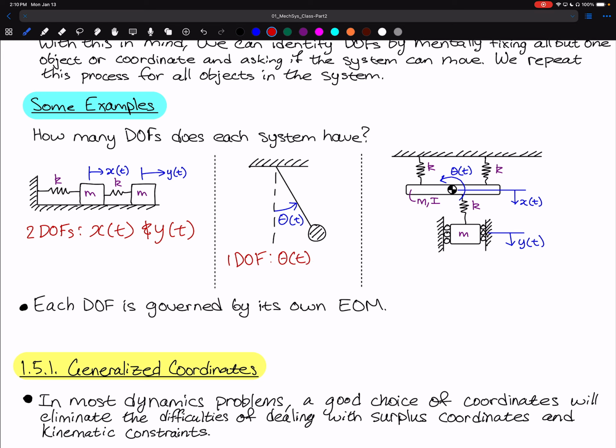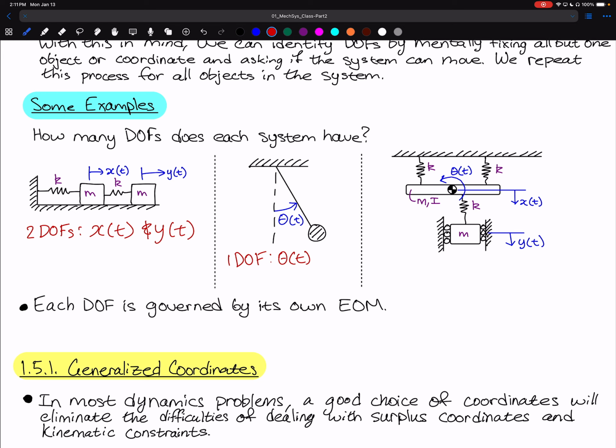And just a comment on this: the degrees of freedom are not dependent on the forces that act on a system. The forces can act in whatever direction you want and that has nothing to do with the degrees of freedom. Degrees of freedom are purely to do with how a system can move. You could also think of describing the motion of the pendulum using Cartesian coordinates, x and y. In that case, you end up with 2 coordinates, but you'll find a kinematic relationship between those two, which gives you what we call a constraint equation and reduces it down to only 1